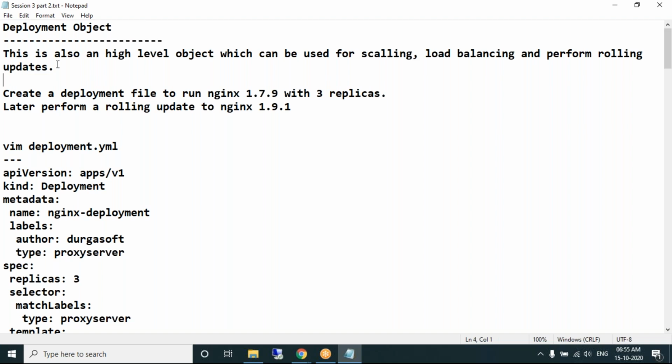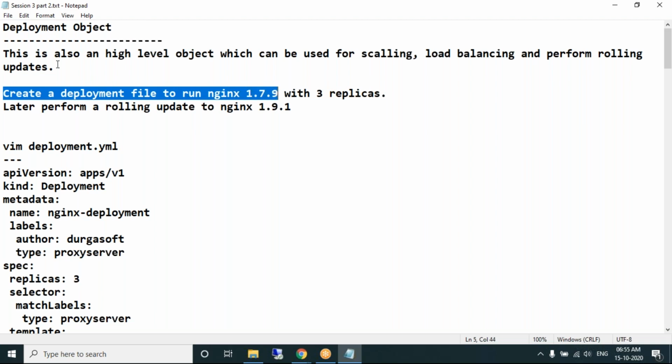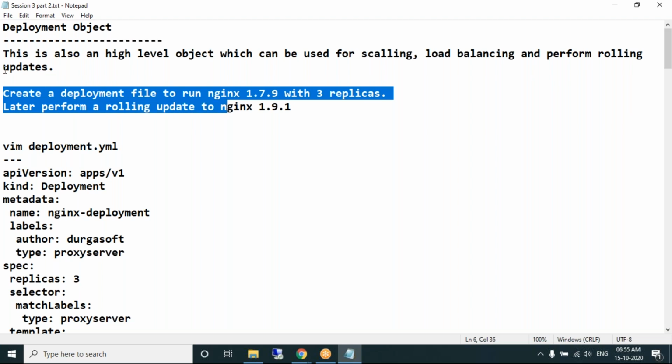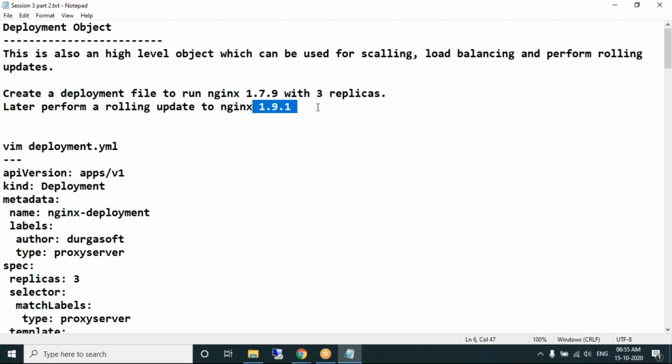The quick scenario is to create a deployment file, which is a YAML file, to run Nginx 1.7.9 version. Nginx is a web server, right? With 3 replicas. Then later perform a rolling update from 1.7.9 to 1.9.1. This is our plan. How can we do it? Let's try.